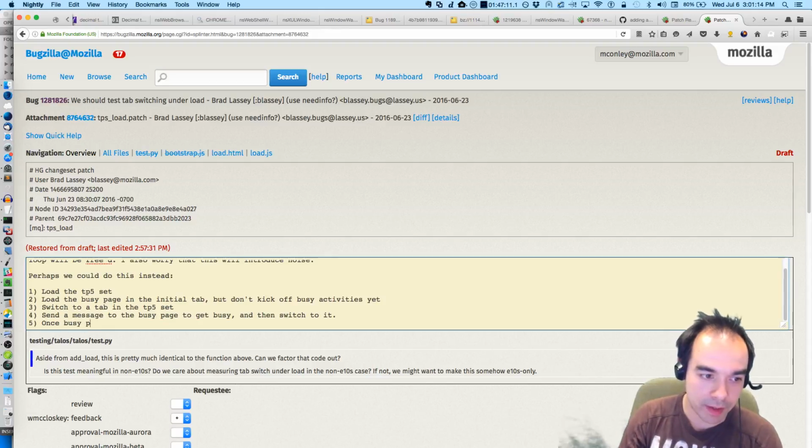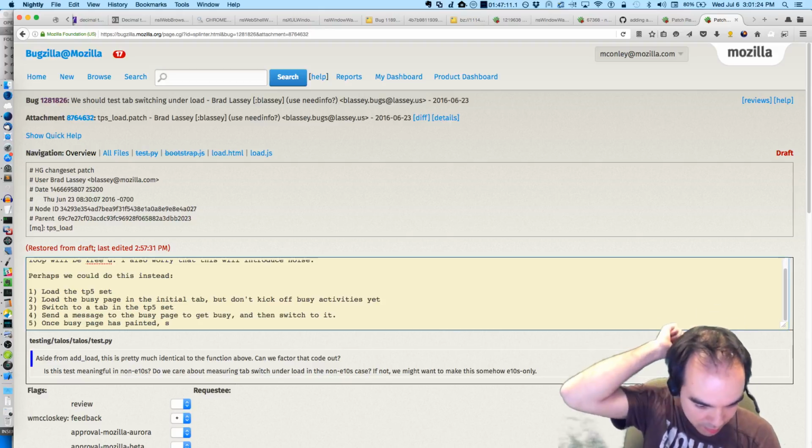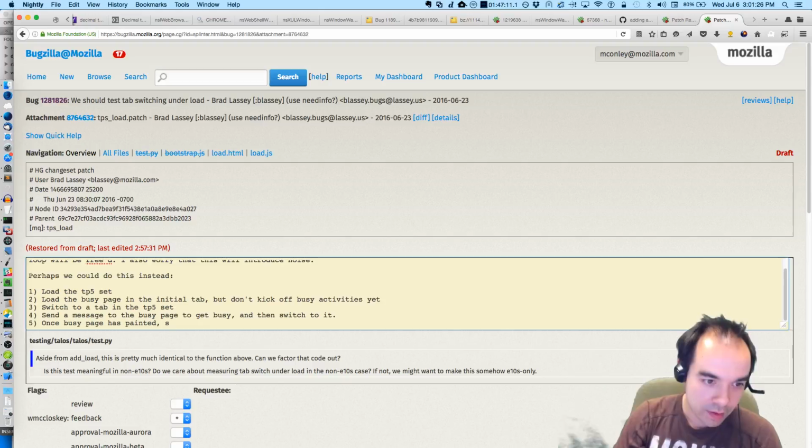Once the busy page has painted, let's see, send another, wait. Load the TP5 set, don't kick off any busy activities yet.